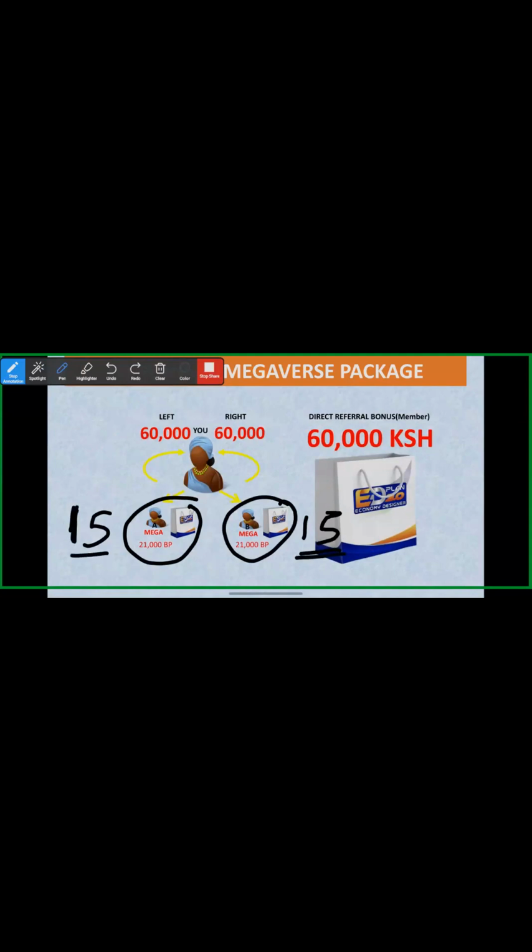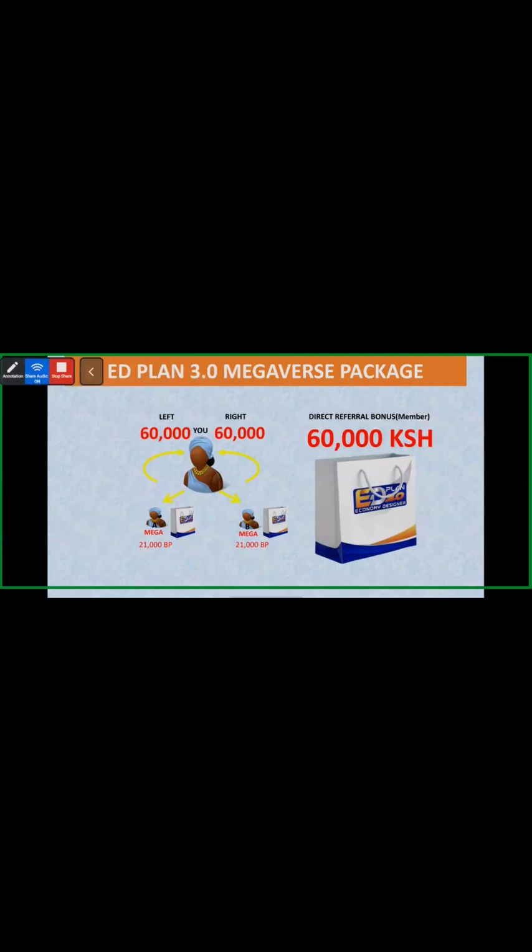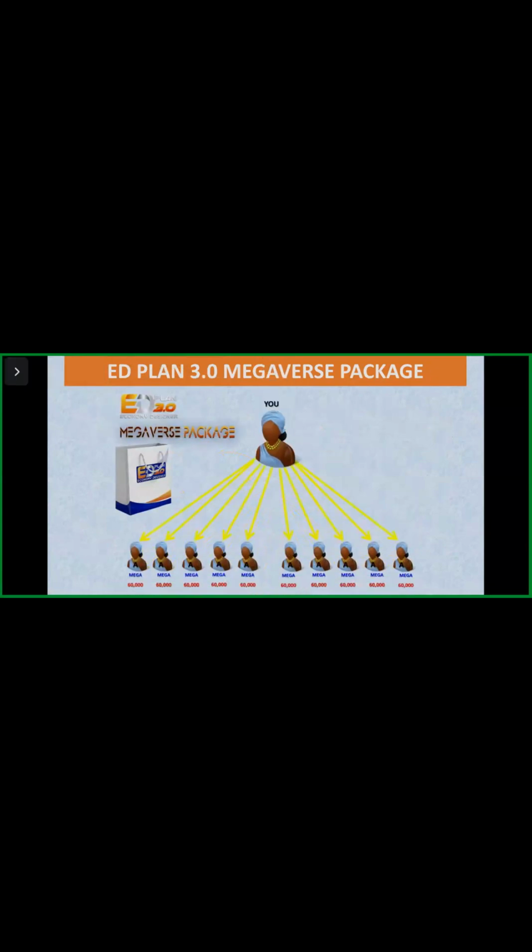Ni kama umeconnectwa to 15. Sawa. So on top of getting the 60,000, you'll be getting an additional 15 times 4,800. I think this should be like 72,000 and something. 72,000. So you'll be getting 60,000 plus an additional 72 or 73,000. Should be around there. 72 ama 73,000. So if you connect 10 people, they start with the Megaverse, you can get 600,000